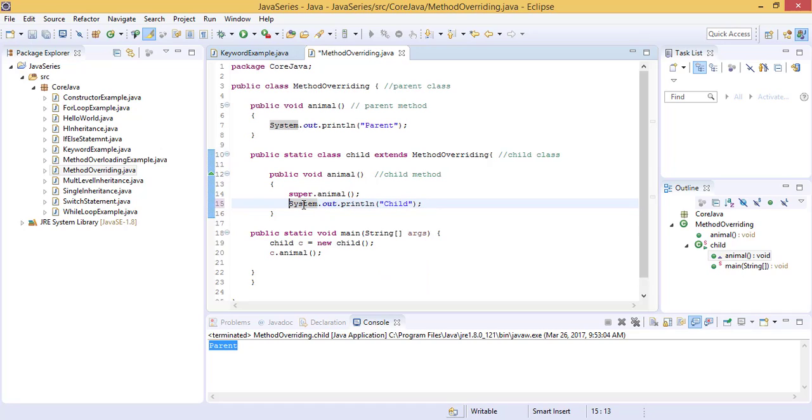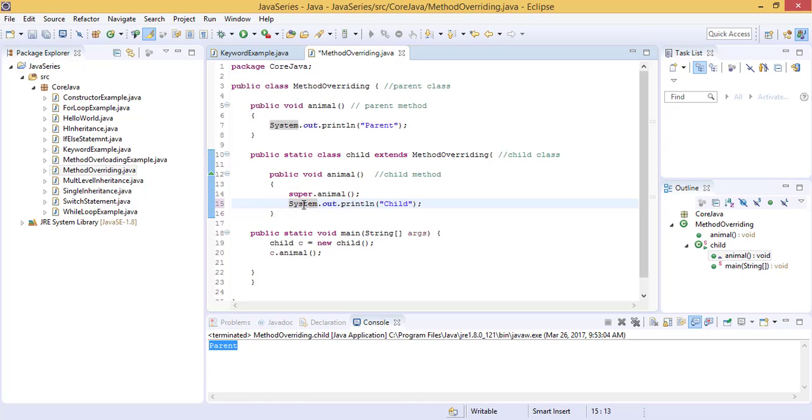Moving on to the next keyword, which is known as the final keyword. So the final keyword can be used with a variable, a method or a class. If we use the final keyword with a variable, then the variable value cannot be changed. That means it will be fixed, right? If we use it with a method, then that method cannot be overridden.